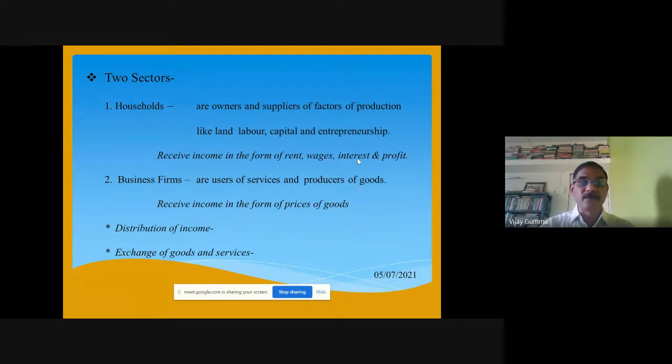Once again, a modern economy performs certain economic activities, and the important activities are: 1, production of goods and services; 2, exchange of goods and services, that is buying and selling of goods and services through the commodity market; 3, consumption of goods and services through the commodity market as well as through the factor market; and lastly, distribution of income to different factors of production.